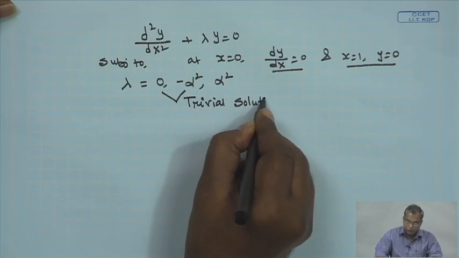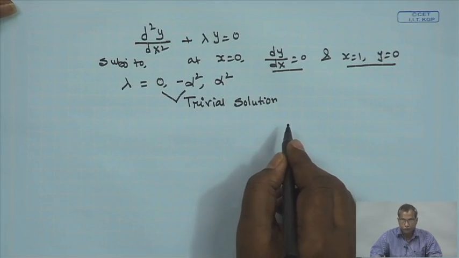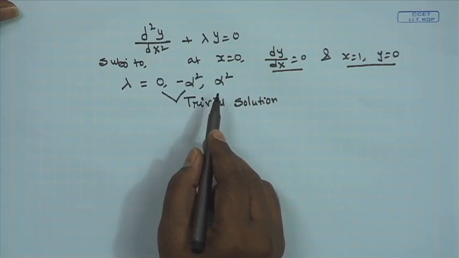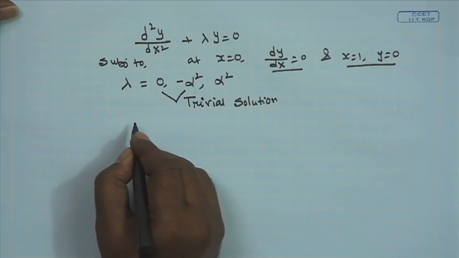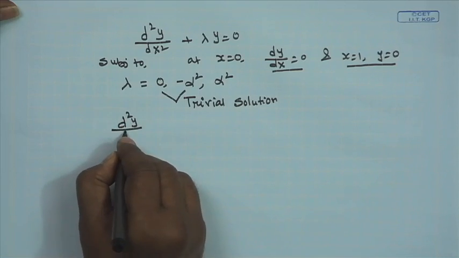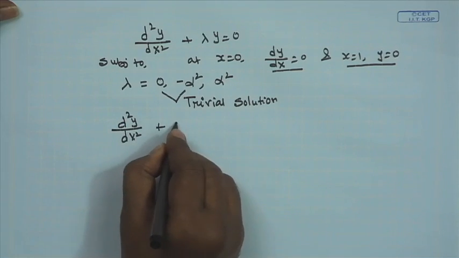It is up to the reader, as an assignment, to show, going the same way as we did earlier, that if lambda is equal to 0 or negative we land in a trivial solution. So, we will solve the case where we get a non-trivial solution, for lambda equal to plus alpha square. Then we get d square y dx square plus alpha square